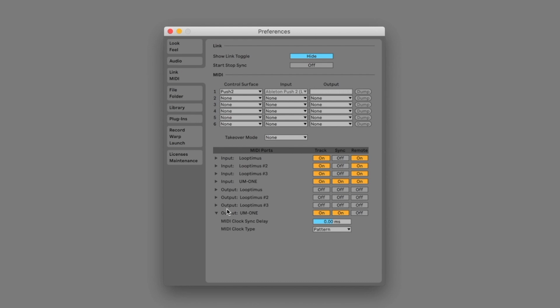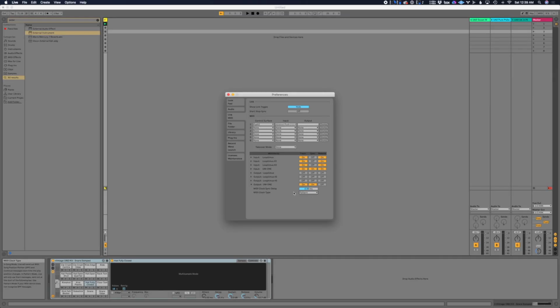So you'll need to make sure that you check on the yellow boxes for both track and sync. We don't need remote for this operation. And also make sure that you change the MIDI clock type to pattern, not song. Great. Now that the hardware and software pathway for communication is open, let's configure a way to send MIDI messages